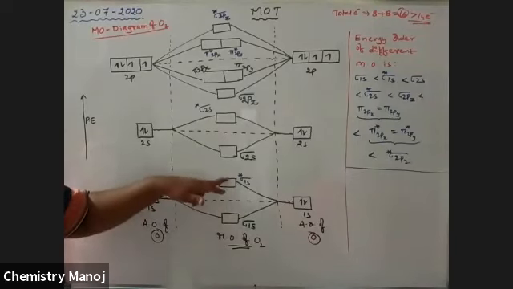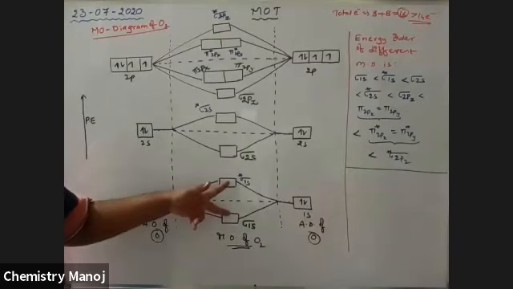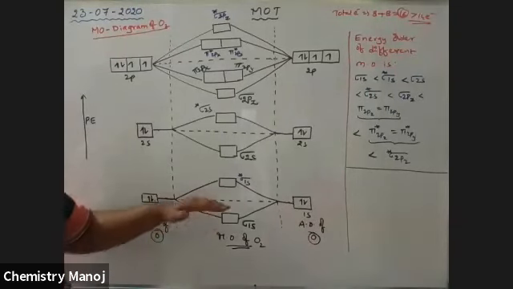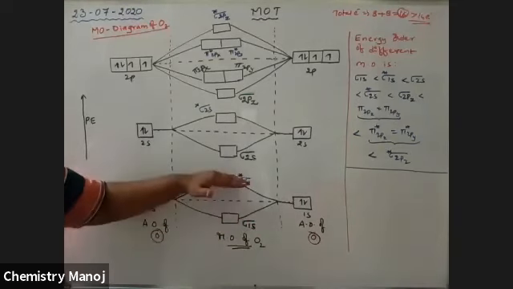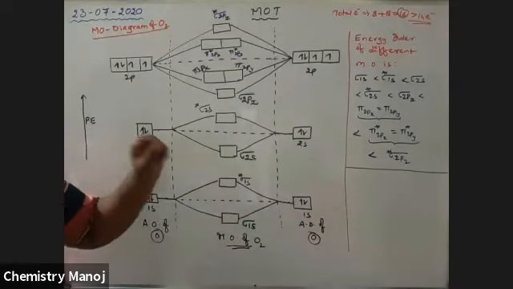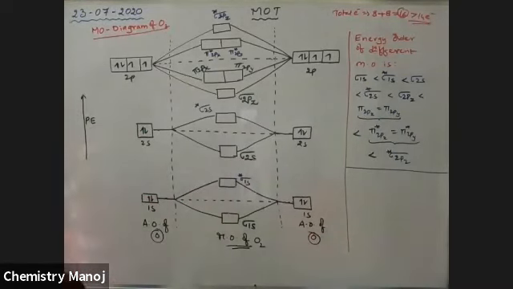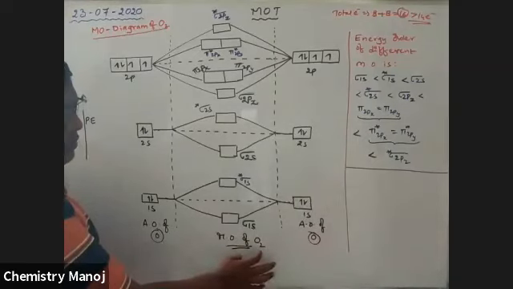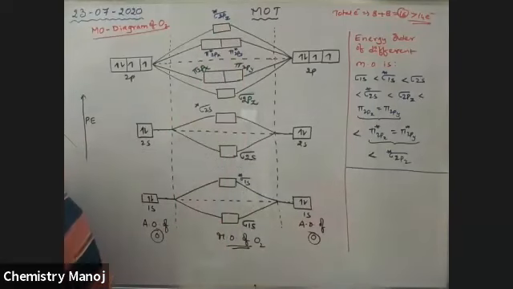Bonding orbitals, anti-bonding orbitals. So that means the total energy of these two orbitals is equal to the sum of these two orbitals. But the energy lost by the atomic orbital to this molecular orbital is equal to the energy gained by this orbital. That means anti-bonding orbitals have more energy, bonding orbitals have less energy. So these are the different molecular orbitals, because this is an O2 molecule. So the O2 molecule has these orbitals, and these orbitals are called the molecular orbitals.